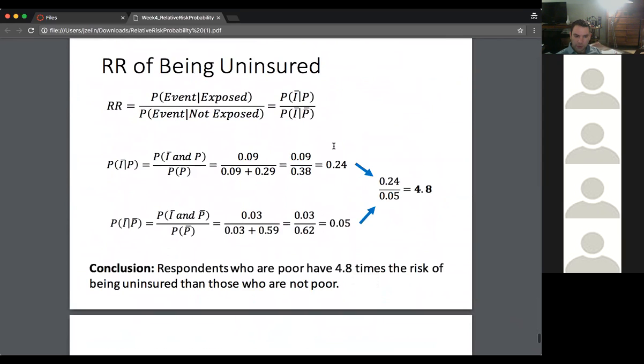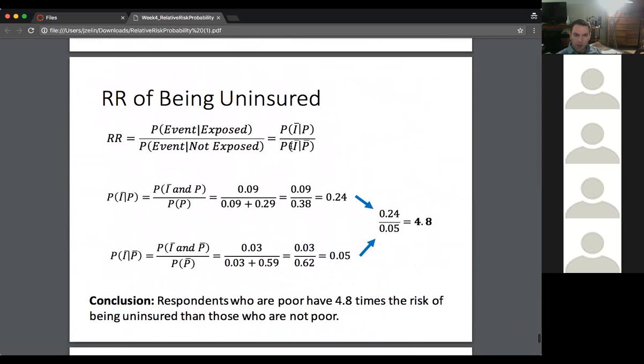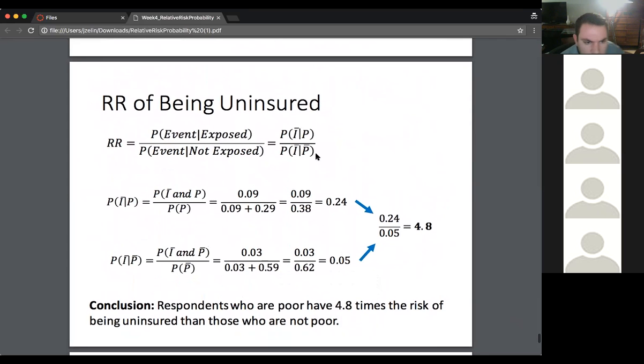So we just have to calculate the probability of not being insured given that you're poor, and we're dividing that by the not exposed group, which is the probability of not being insured given that you're not poor. So the exposure here would be whether you're poor, and we're looking at if that has an effect on you not having health insurance. So we can calculate the numerator to be 0.24 using this conditional probability, and the denominator